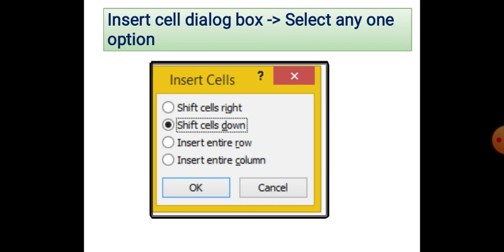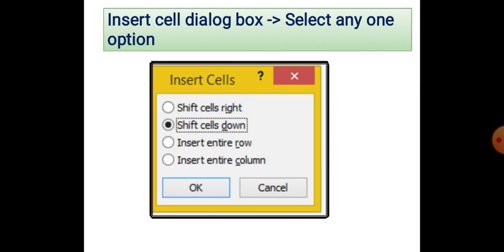This type of insert cell dialog box will appear. In this there are 4 options. We can select any one of the given options, like shift cells right. If we select this option, the cell will be shifted to the right side. If we select the second option, shift cells down, the cells will shift down to give place to the new cell.